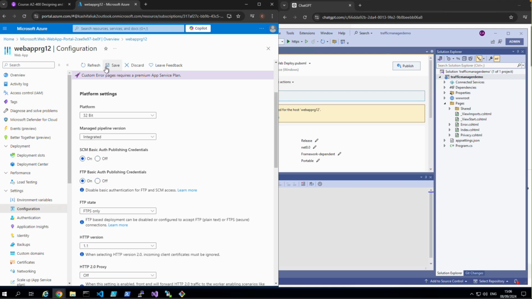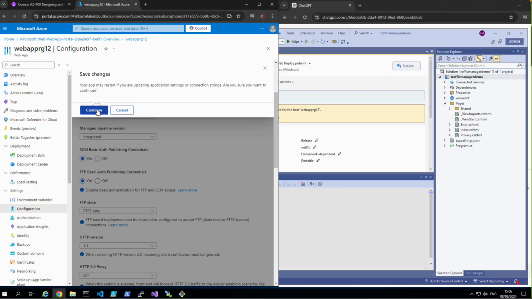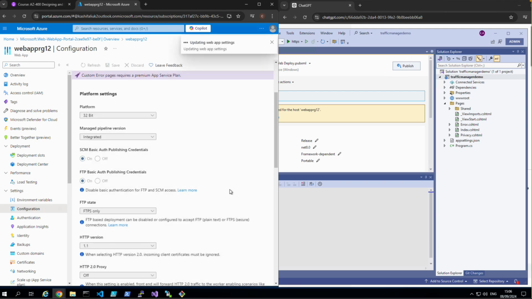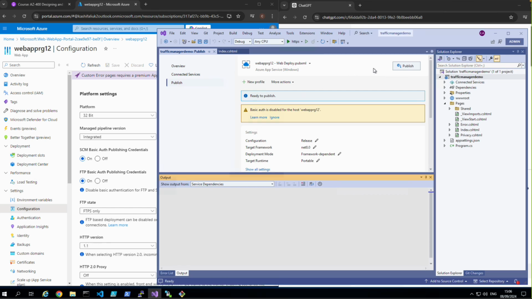Choose this on, and save it. Continue to updating web app. These are the authentication methods. We are enabling it so that it works with Visual Studio. So that's done. If we publish now,